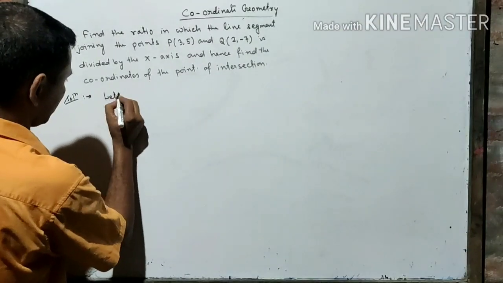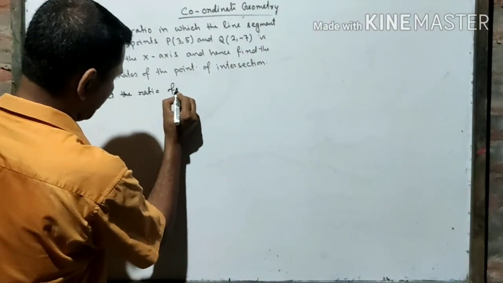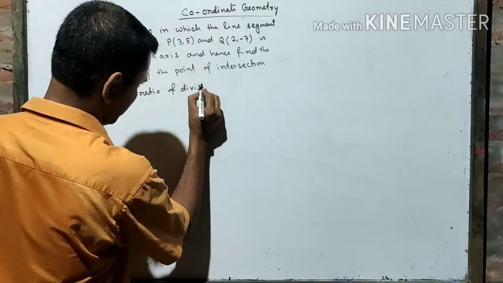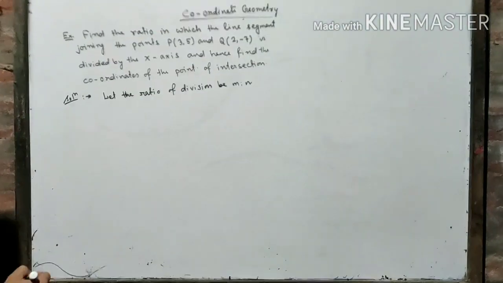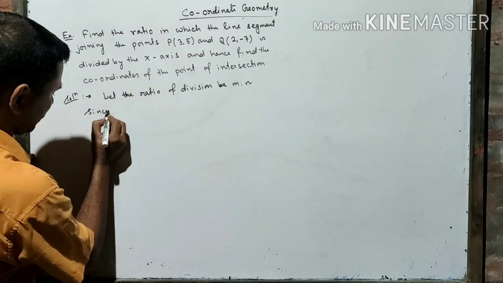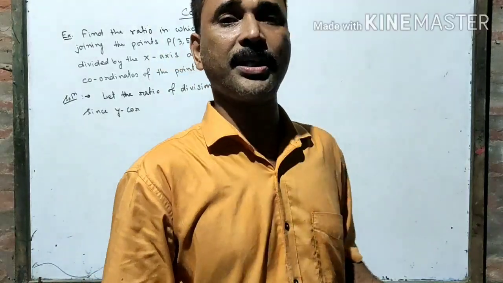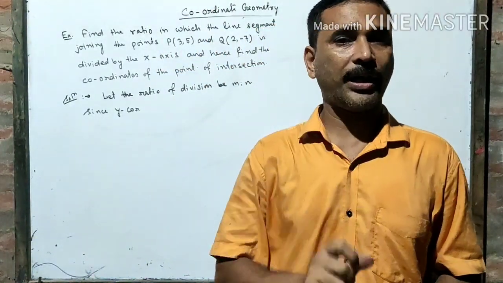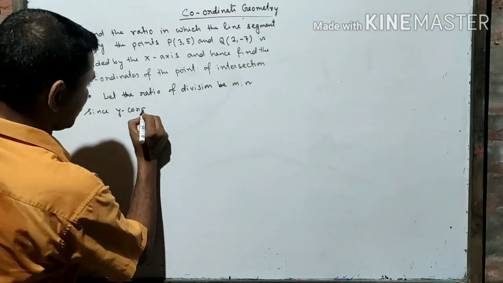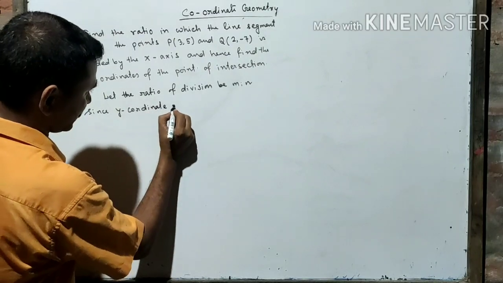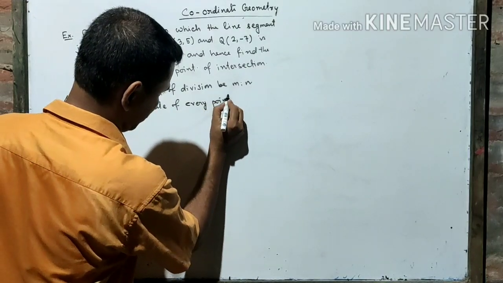Let the ratio of division be m:n. Next, the y-coordinate is also known as ordinate and the x-coordinate is known as abscissa. X-coordinate is called abscissa, y-coordinate is called ordinate. You can write also ordinate here. Okay. Since the y-coordinate of every point on